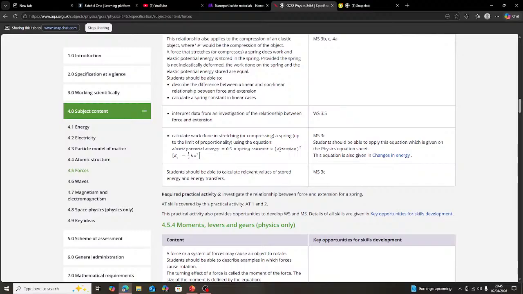What was that, bro? What's the safety, bro? I don't know. Safety of what? The extension practical, like the ones where you put the masses on the spring. Keep the feet away. Why? So the masses don't drop on it. Yes. And how is the graph going to look? Like directly proportional. Yeah, but what's the line going to look like? Straight. Straight, yeah, because it's directly proportional.